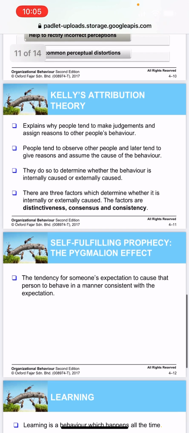This is a very interesting theory that we call self-fulfilling prophecy, the Pygmalion effect and Golem effect. A self-fulfilling prophecy is a tendency for someone's expectation to cause that person to behave in a manner consistent with the expectation. In other words, a self-fulfilling prophecy is a statement which alters a person's actions, thus making the statement come true. Okay, for example,